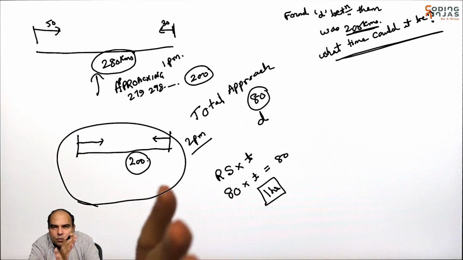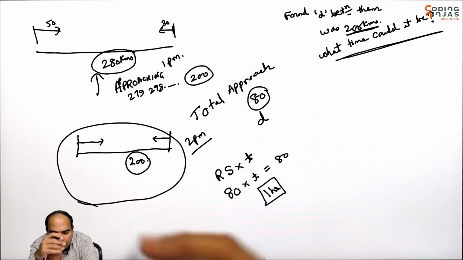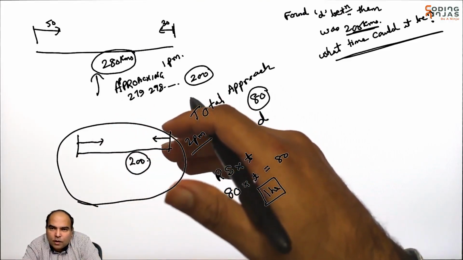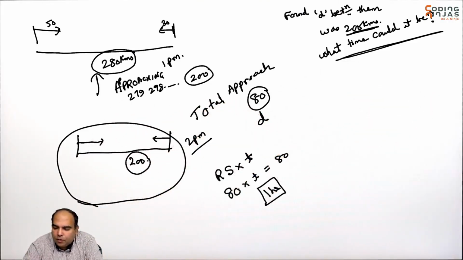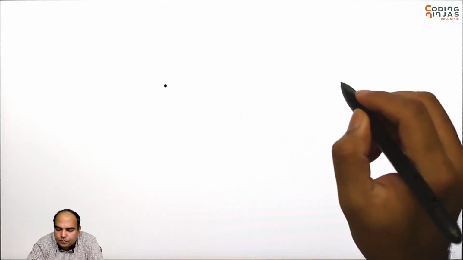That will go 1, 2, 3, 4, 5, 6, 7, 8, 9, 10, and keep going till 200. So there will be a 200 while separating also. The 200 we have seen here is the 200 while approaching. So there will be a 200 while separating, and for that, what you have to do